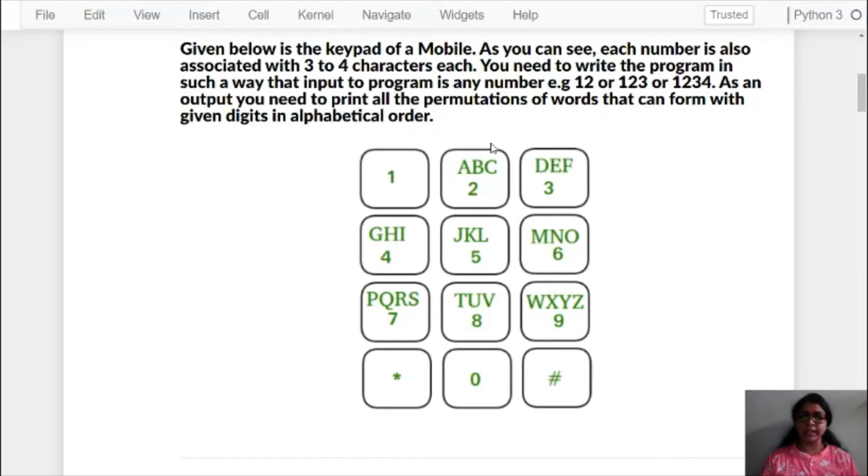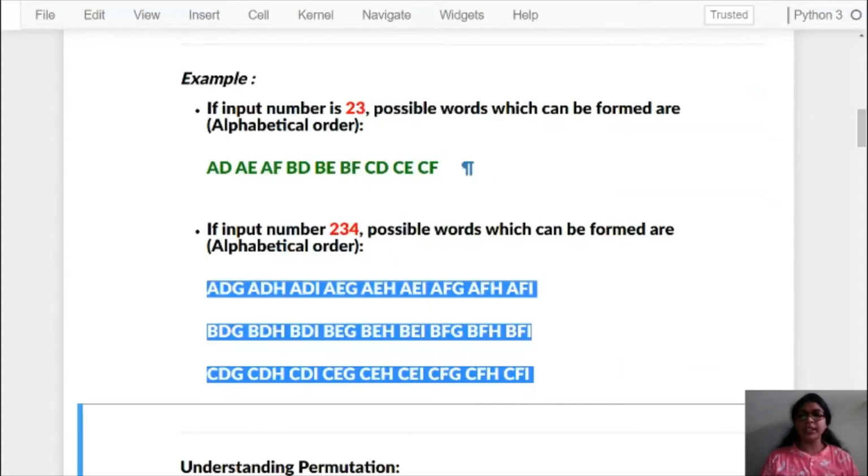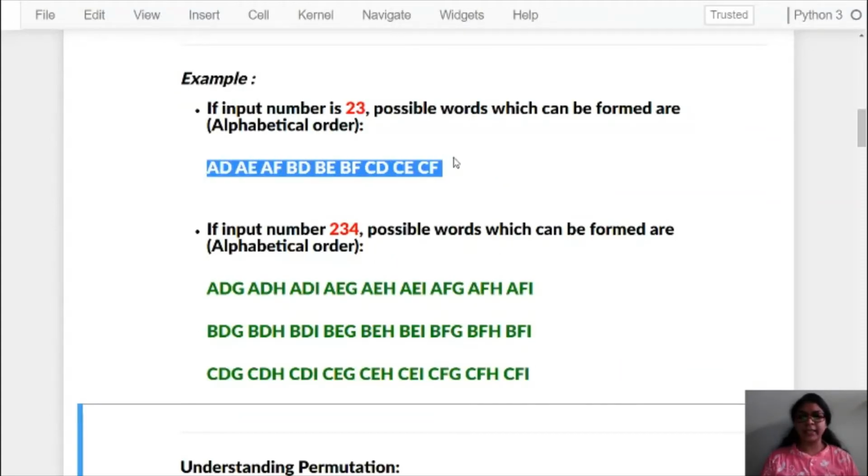Then in the second iteration B will get combined with D, B will get combined with E and B will get combined with F. So we will get BD, BE and BF. Then the third time C will get combined with DEF, so we will get CD, CE, CF. In this way we will get these character sets.